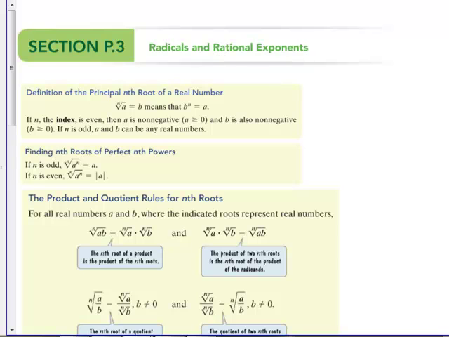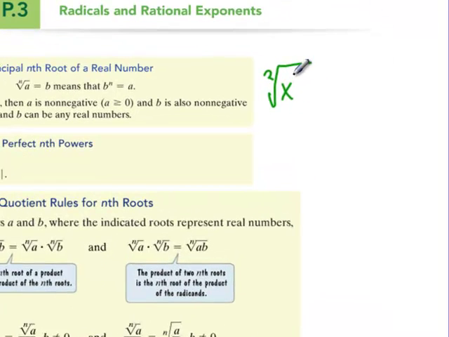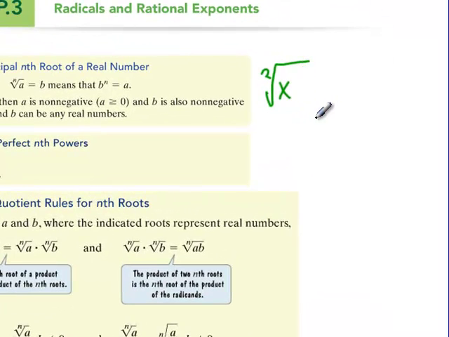All right, more radical stuff. This is actually fairly important. This is taking it from a radical to a rational exponent, or a fraction exponent. We said that square root has an invisible 2. So we'll just put an x. If I want to rewrite this, so again, that's supposed to be a 2 there,